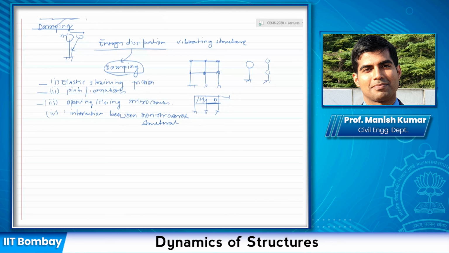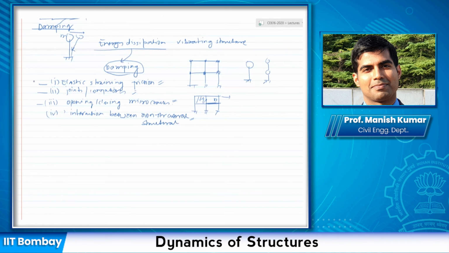Now, as you could imagine, what is our goal here? We are trying to simplify the system so that we can model it mathematically. But as you could imagine, each of these phenomena is not very simple to model. So the question becomes, what do I do to simplify that so that I can model it as a simple system?